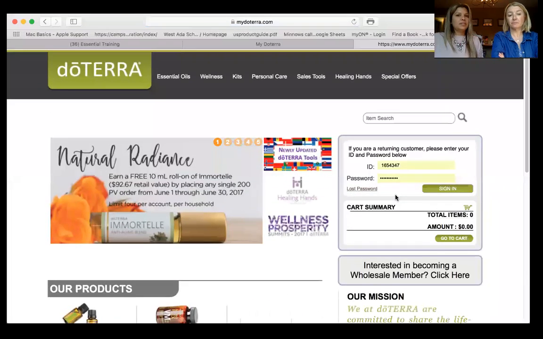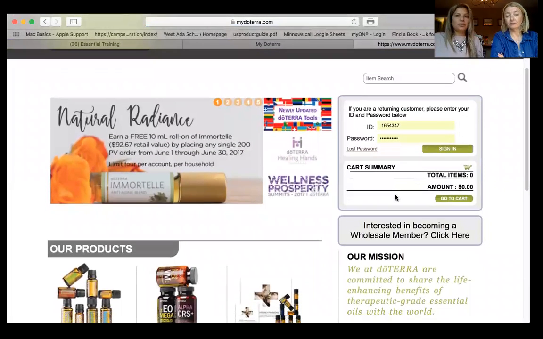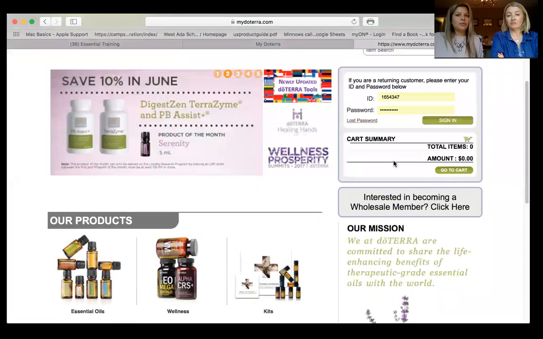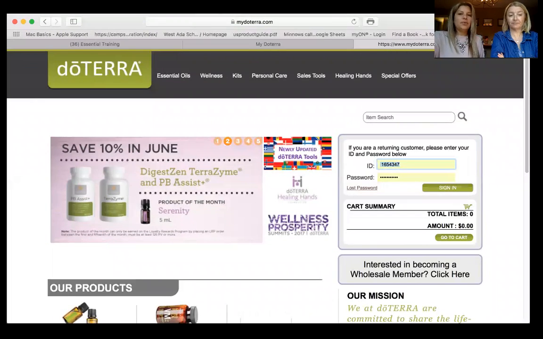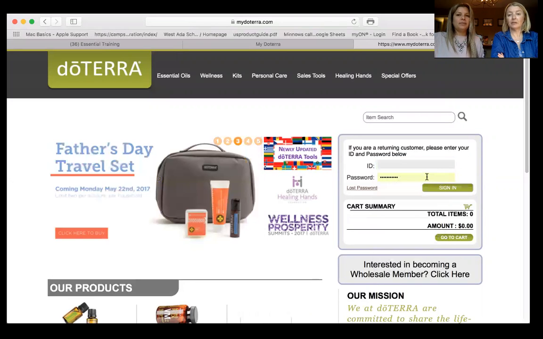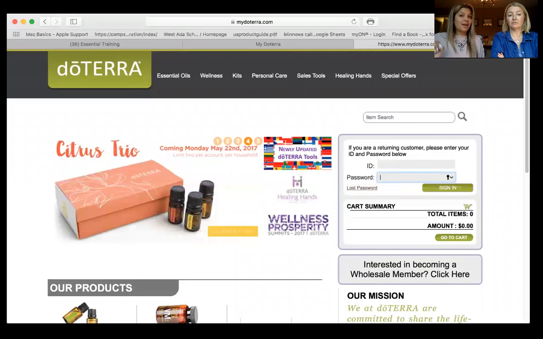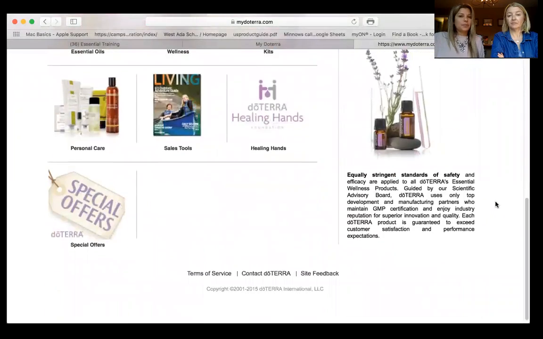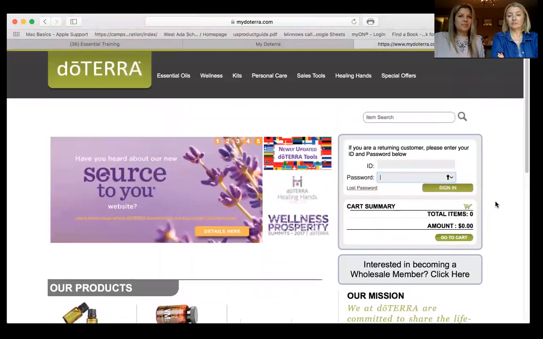Okay, and this is how it will look for a retail customer. It remembers my ID number, because when you are a retail customer, it will also remember that information for you. So if you're doing it from your computer, just make sure that you clear out that information, because you're creating a new account for them. Again, you're going to write the password and the ID number for the retail customer once your transaction is complete, and that's going to save them time. So that is how you would do that.